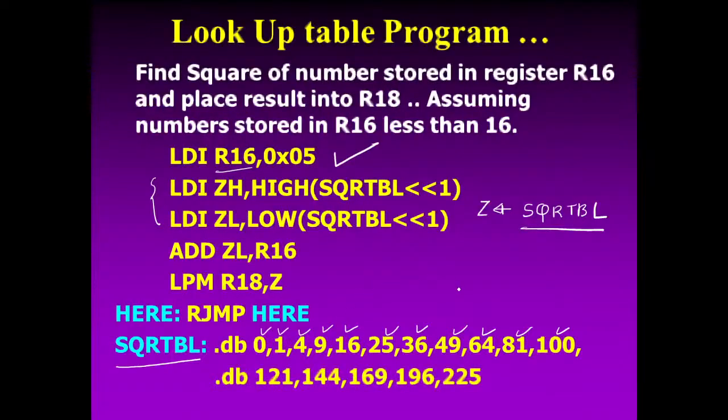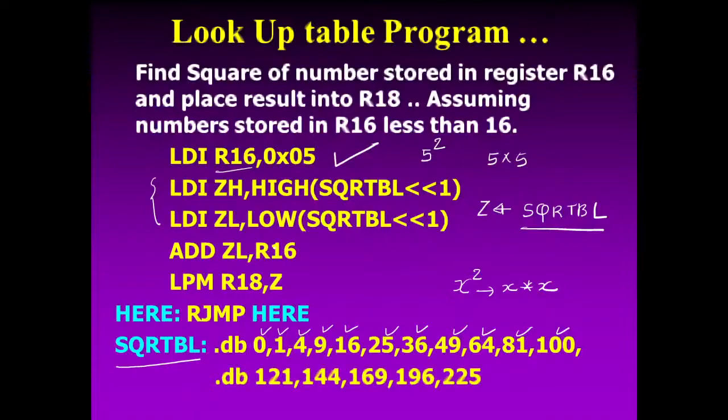We don't want to calculate it in this way. Suppose I want to calculate x square, I will not calculate x into x. What I will do is find the value of x square from the lookup table. In this case, we want to compute 5 square. But to compute 5 square, we will not do 5 into 5. We will use the lookup table to find this 5 square. So 5 is transferred to R16. The memory location is pointed to by Z.